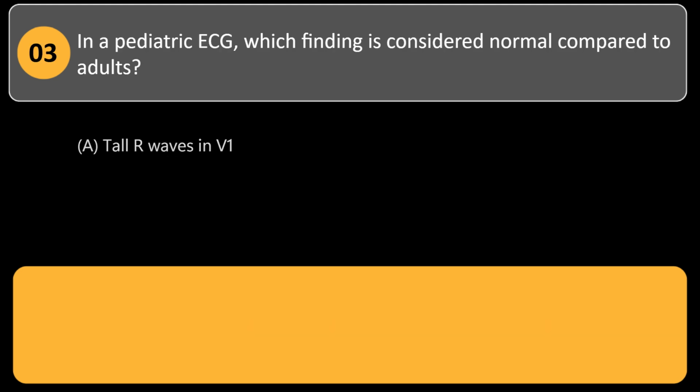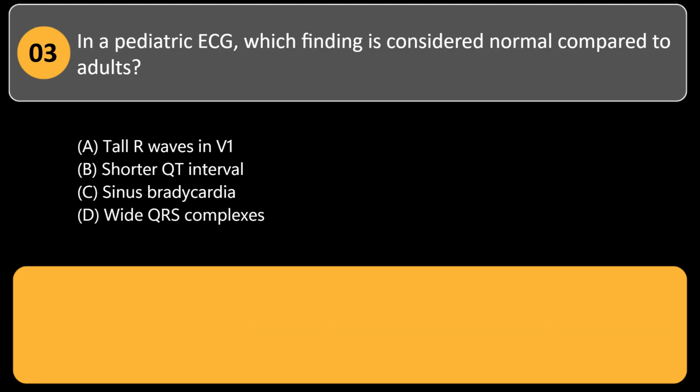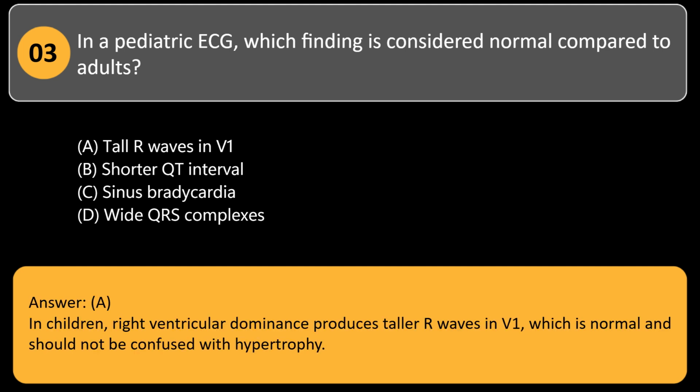In a pediatric ECG, which finding is considered normal compared to adults? A. Tall R waves in V1. B. Shorter QT interval. C. Sinus bradycardia. D. Wide QRS complexes. Answer, A. In children, right ventricular dominance produces taller R waves in V1, which is normal and should not be